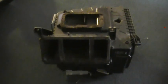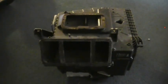Okay, I got the heater core unit out, and I'm going to show this in steps. It's kind of easier to see with it all out than to try to show you how this went in, or how it was in the car. So a couple things. This is like if you're sitting in your car facing the front,